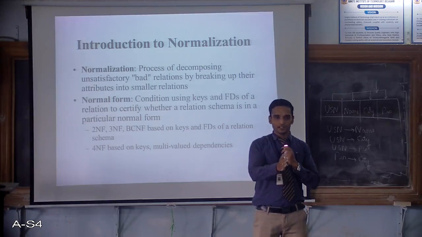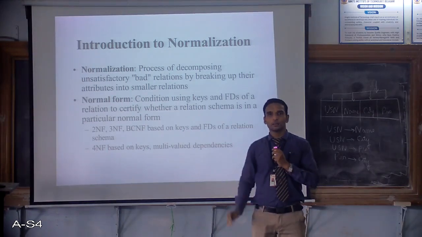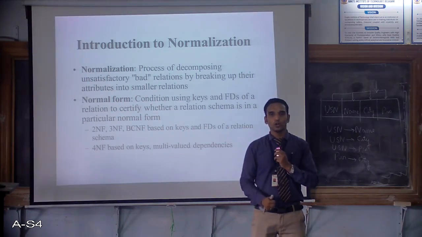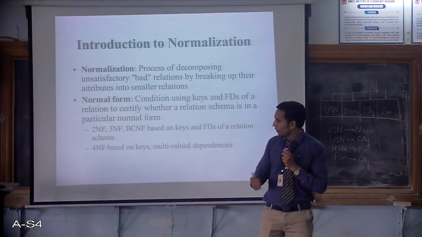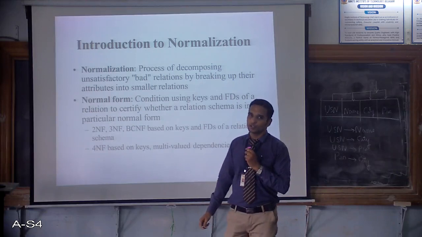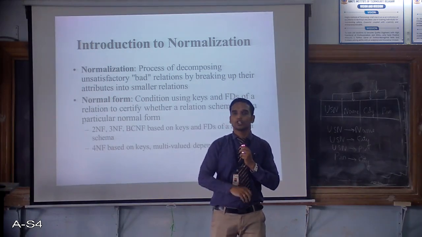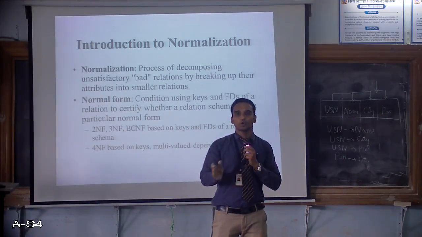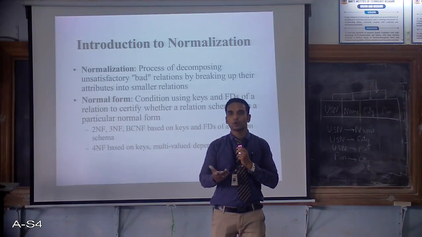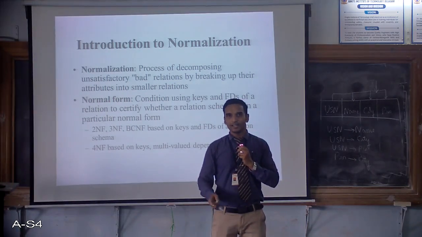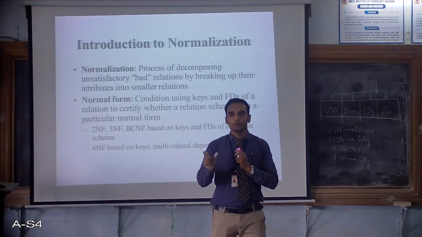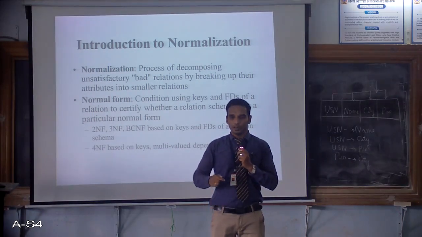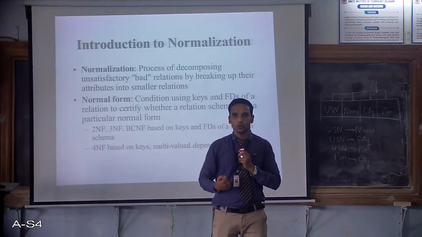So in that case, remove the null from the table and place it in a separate table. So this also leads to a good relation. And the fourth one is to avoid generating spurious tuples. Because when you go for a natural join, we come across unwanted rows which have no relevance or no meaning. So in that case, to avoid getting such rows, always join the tables with the help of an equi-join. So when I follow all this, I'll come across a good relation.